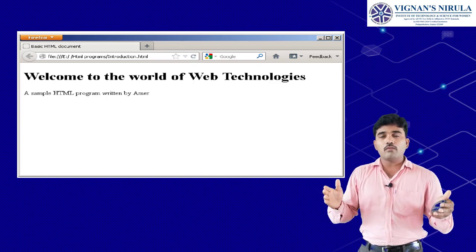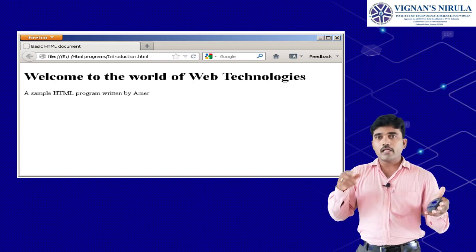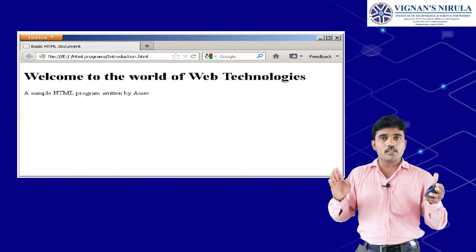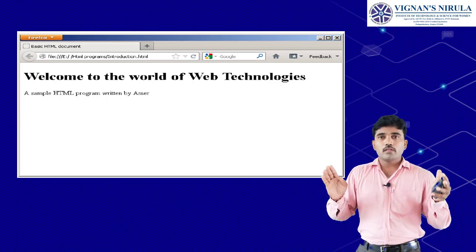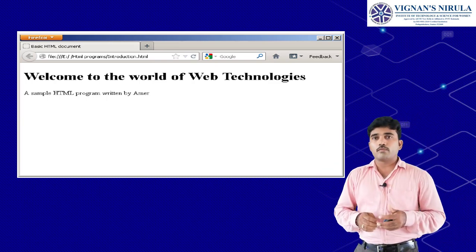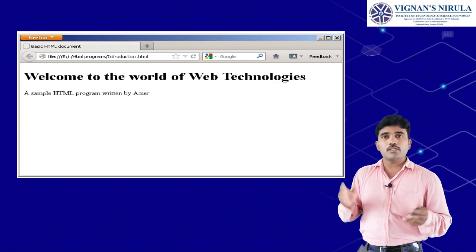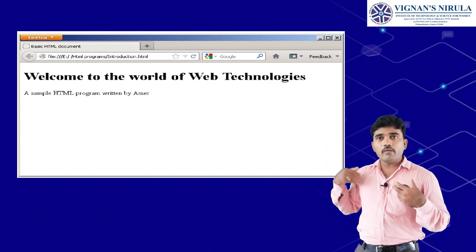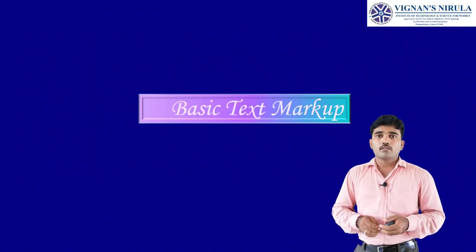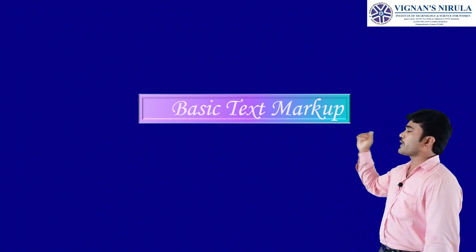by using the default web browser in your system. Whenever you have saved this web document, an icon should be there. You can open that icon directly with your desired web browser. The web browser that I have used is Mozilla Firefox. In my system, my default web browser is Mozilla Firefox. That's why my web document opens with Mozilla Firefox. Understand?